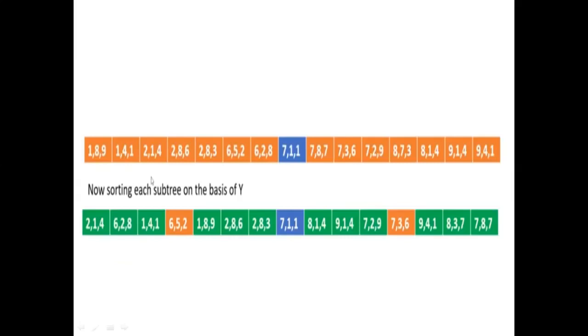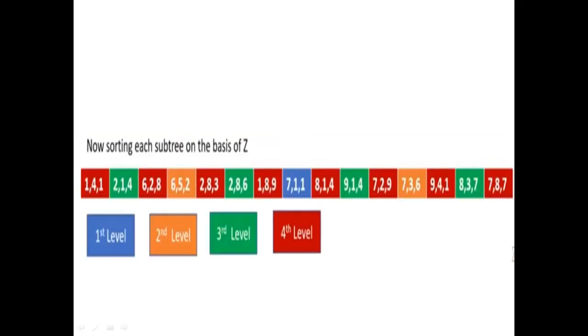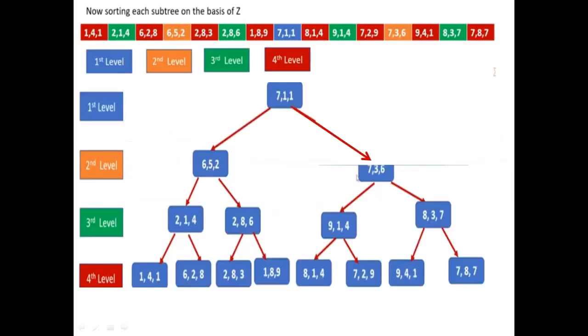Similarly, we find the median for the remaining values. Now, for example, if the z values are the same, like here we have the same value for z, you may sort on the basis of x and y. There is no such rule as such, but what we can do is sort on the basis of y and then on the basis of x. This can be done.